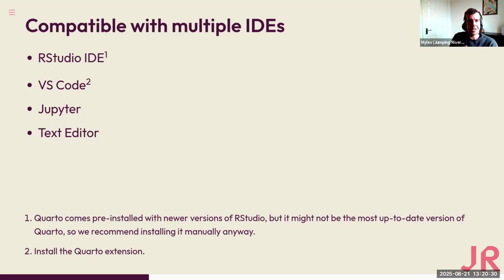It might be slightly more limited in the output formats that you can create, but yeah, that is possible. And then yeah, you can also just use a text editor like VI or Vim, because it is just a text file behind the scenes. So you can just open it as a text file and just edit it that way. Insert the main text, tune the configuration settings, and then you can render a Quarto document from the command line using quarto render. So it does act as a command line interface, as well as being integrated into a number of these IDEs.